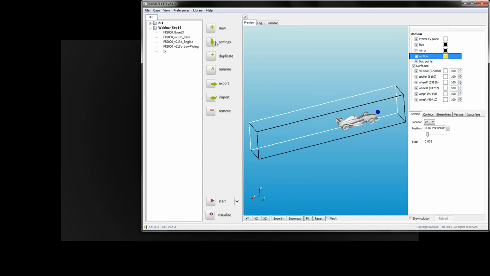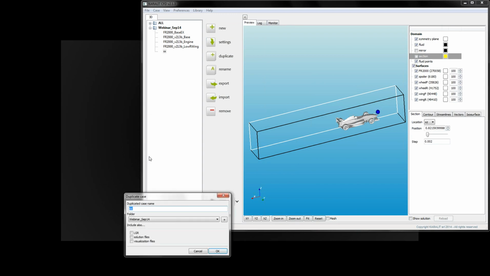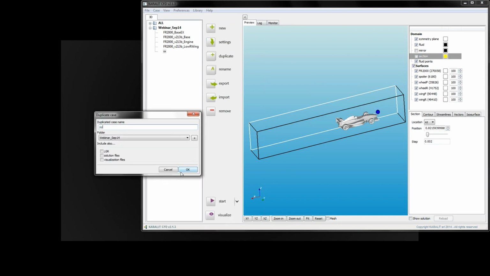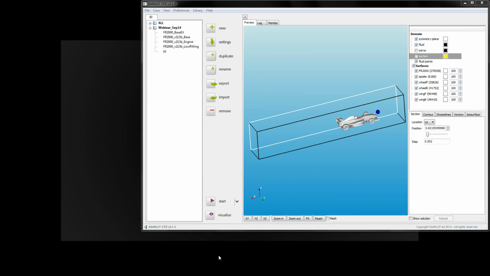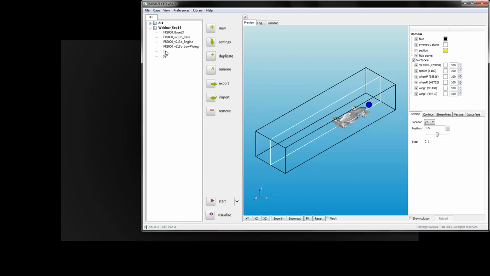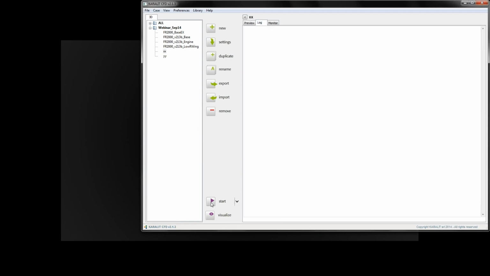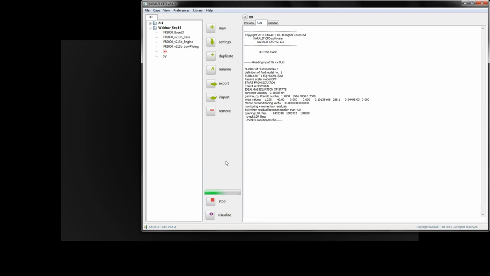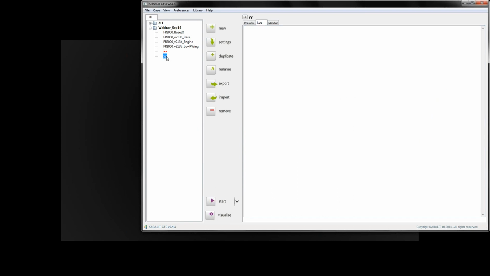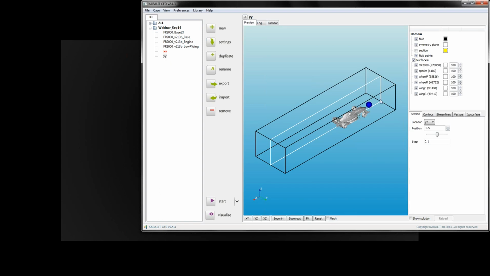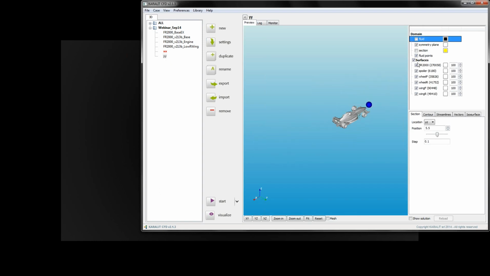So what I'll do, I'll copy that to another case where I want to drop the wing, YY, and get this case running. So Karalit is running on case XX, and YY is the case I'm going to use to drop the